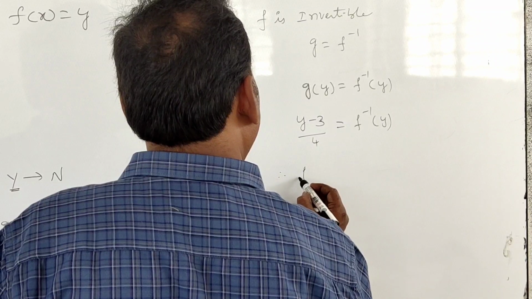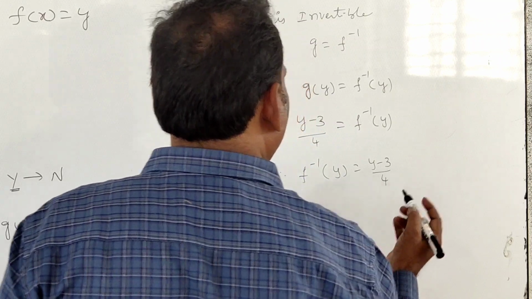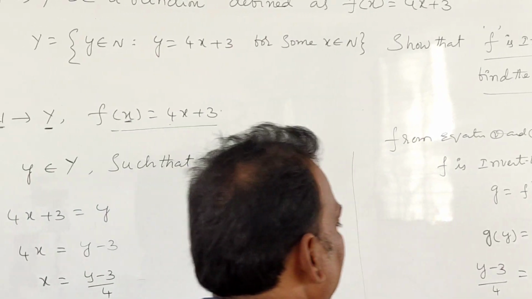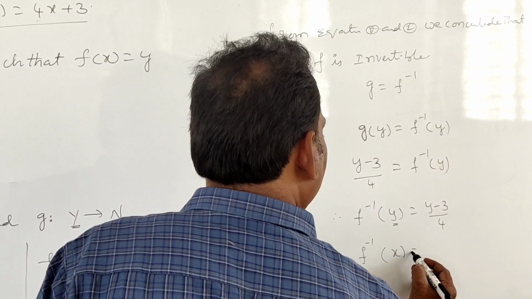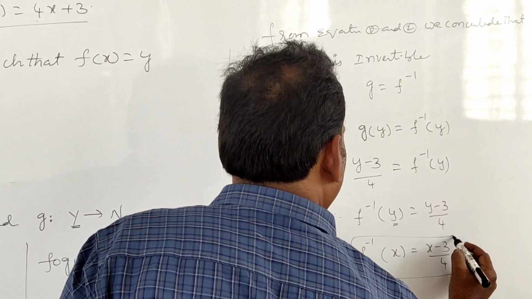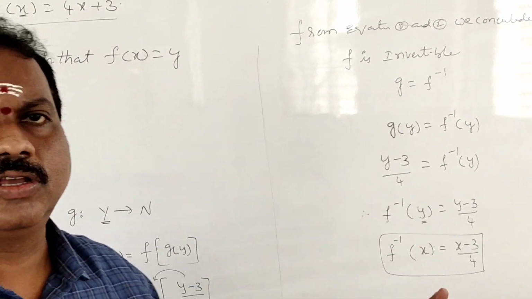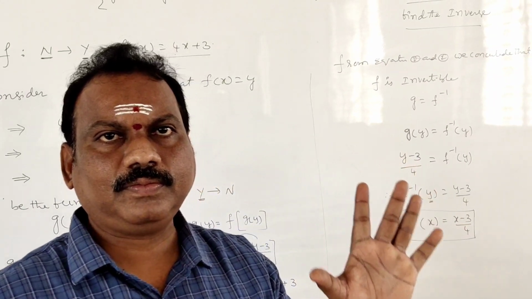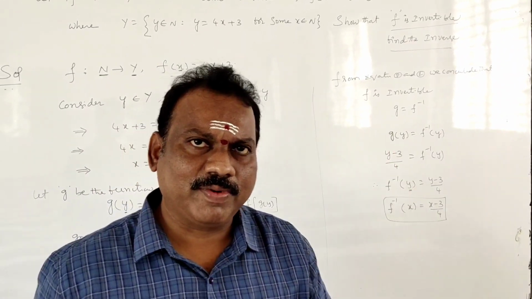So therefore inverse function f inverse y is equal to y minus 3 by 4. But f is a function in terms of x. That's why we are going to change this in terms of x. So where there is y, put x. Right side also where there is y, put x. So this is the f inverse. If you write this complete like this, you will get 5 marks in board examination. Should not change even a single step. Correct students? Understood? So invertible function based you will get 5 marks.